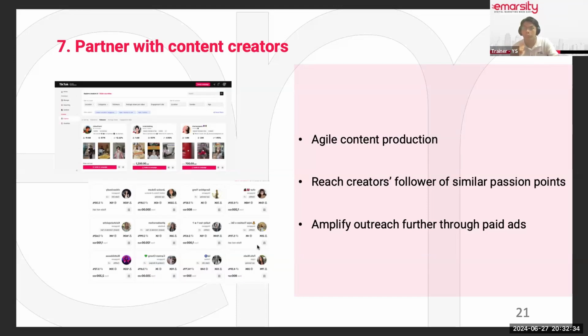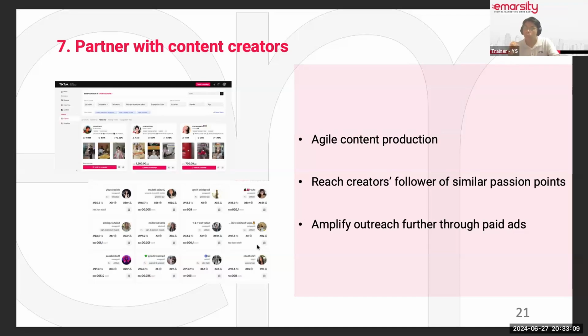Okay, so if you have not partnered with content creators before, I know the first question that comes to mind is, how much is this? There are two ways to work with content creators. Content creator and influencer, the terms can be used interchangeably. A content creator basically means anyone who creates content online, on social media. Influencers are those who have quite a number of followers. So content creators and influencers sometimes can be used interchangeably.